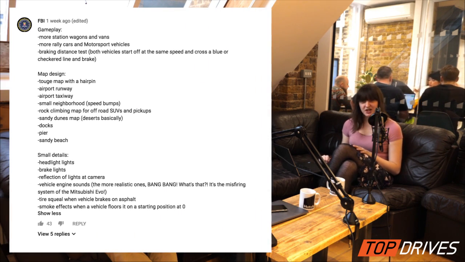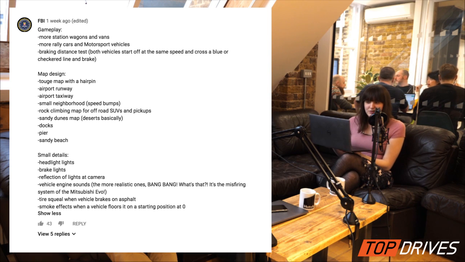We're going to start off with your comments, and the most upvoted comment, with 42 votes, comes from FBI. Really nice to see that you're watching our videos. The comment reads thus: gameplay, more station wagons and vans, more rally cars and motorsport vehicles, braking distance test, both